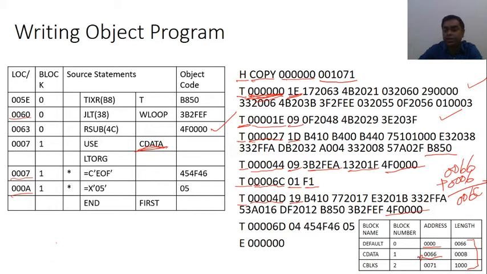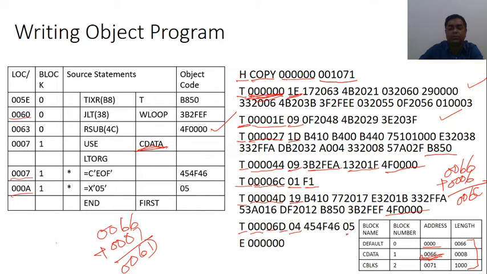Now, what will be the starting address of this text record? 0007 plus the starting address of the C data block. That means 0066 plus 0007, what you will get? 006D. So the starting address will be, first column is T, then 00006D. Then what will be the size of this text record? 1 2 3 4. So it will be 4 bytes, and then just write the object code 4F46 454F46,